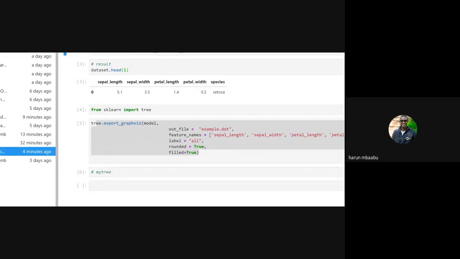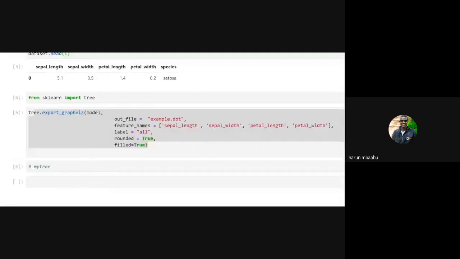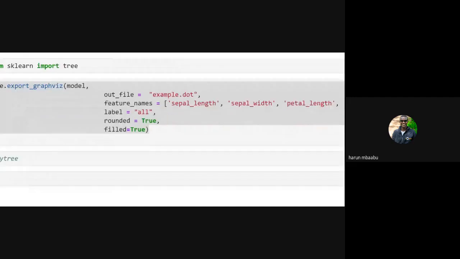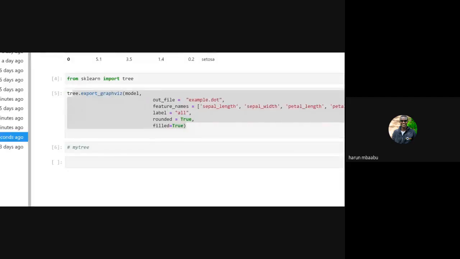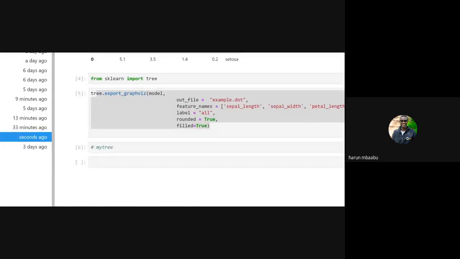Here we have a .dot extension. It also takes labels, which are your output, the one you want to predict. Then loaded, if you want each element of your decision tree to be filled, that is a Boolean operator. Then we have rounded, which takes result values, true or false, Boolean operator.